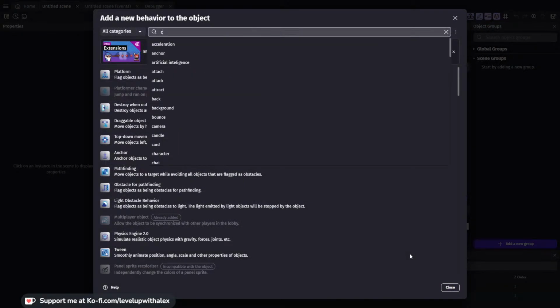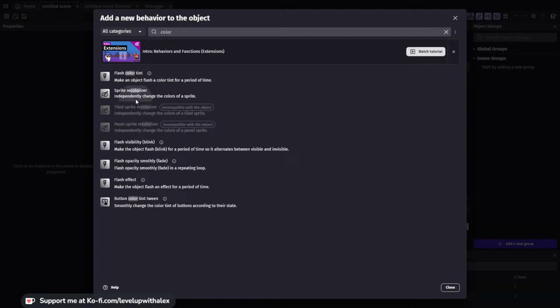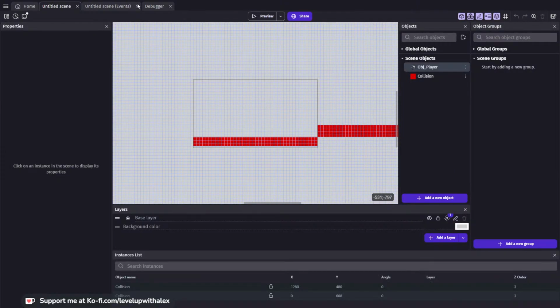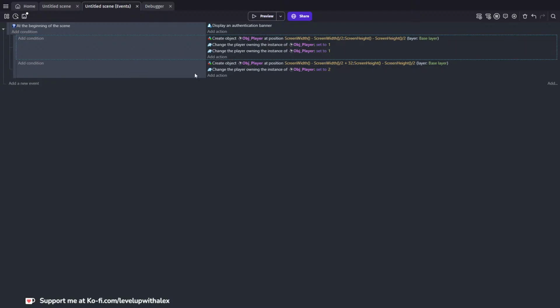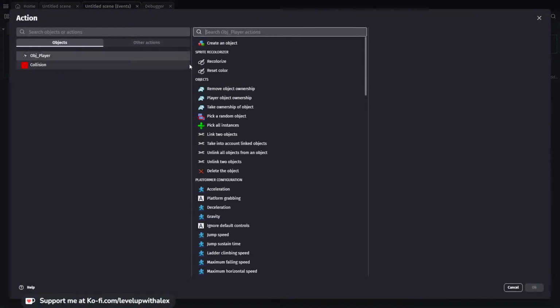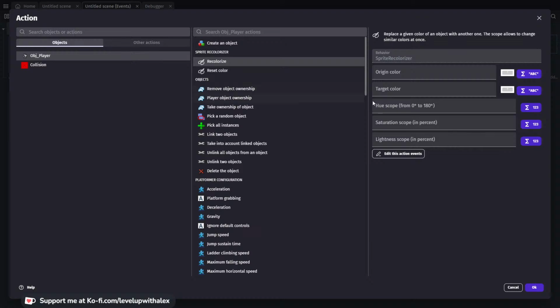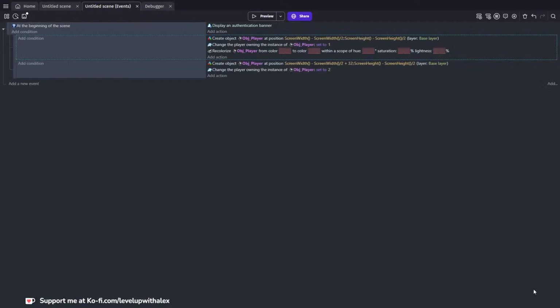We have to go in here and add the recolorizer. And now that we have it added, we can simply go into here. When player 1 takes over this instance, we can just recolorize the object. And if you get stuck in here and you don't know what to type, the scope of the hue is 0, the saturation is 100%, because we want it to not change from the color we pick, and the lightness is also 100%. So 0, 100, 100, and then we need to pick the color